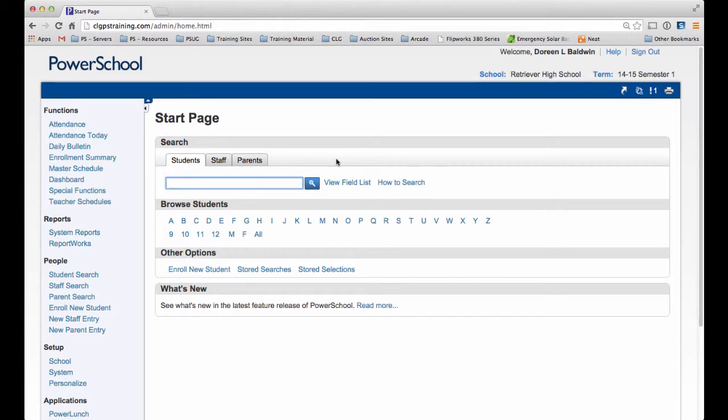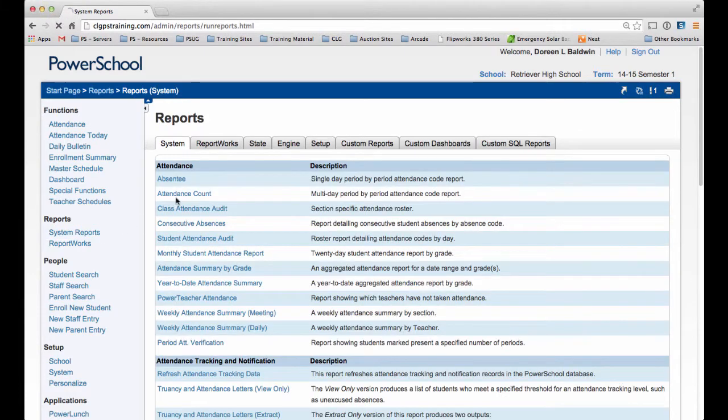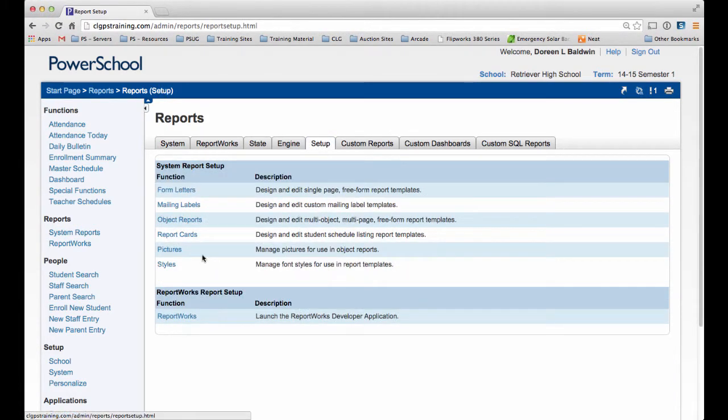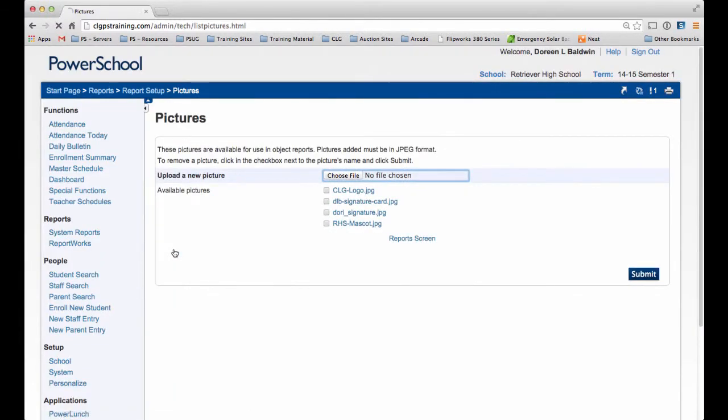So here we are on the start page of PowerSchool. And everything that we're going to be working with today as far as object reports go, we'll be going under System Reports and then to the Setup tab. At this time we want to talk about pictures, so it's the picture link that I want to click here,